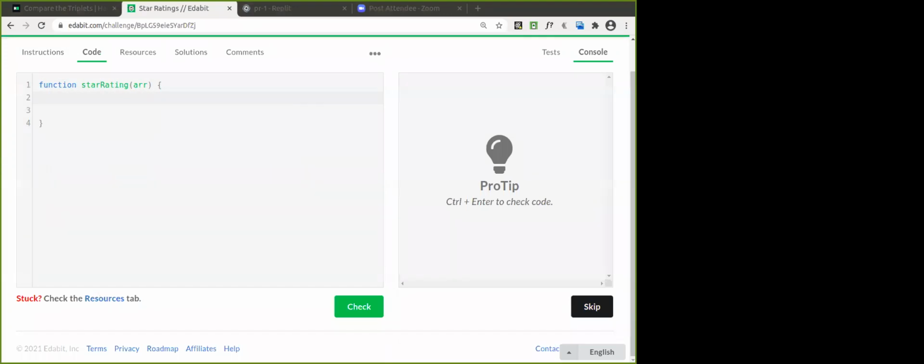Find the average of elements and then printing the number after rounding the average. Okay, fine. Good. So how are we going to do that one? How are we going to find the average?